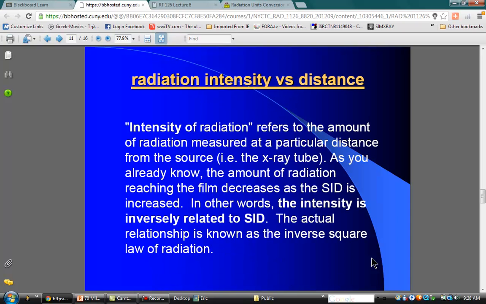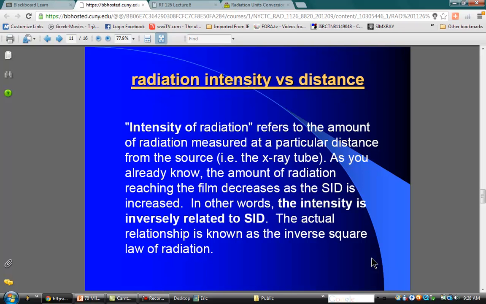Now, radiation intensity versus distance. The intensity of radiation refers to the amount of radiation measured at a particular distance from the source. When we talk about intensity, remember this is a quantity term. We are counting photons. So as you already know, the amount of radiation reaching the film decreases as the SID